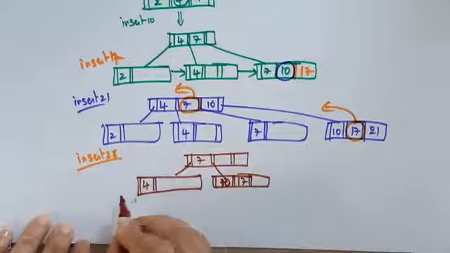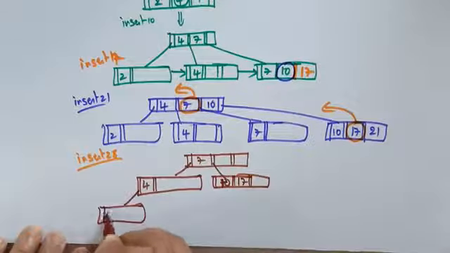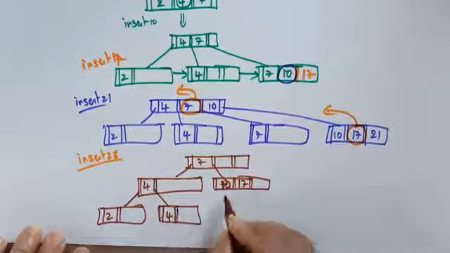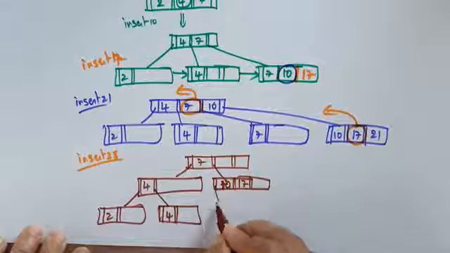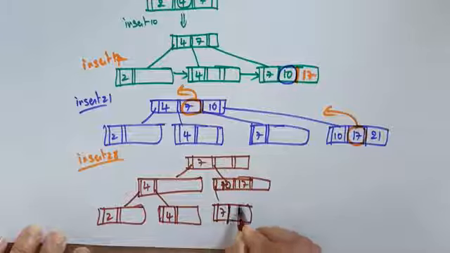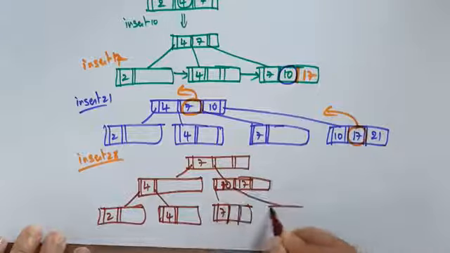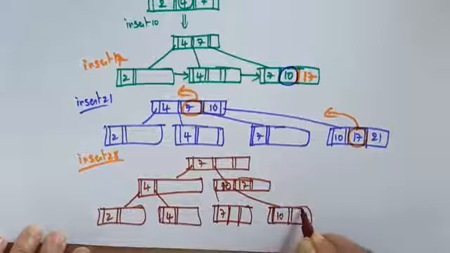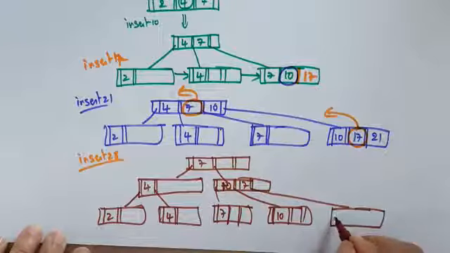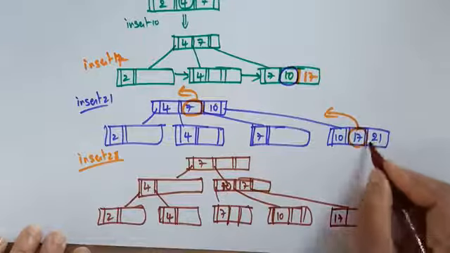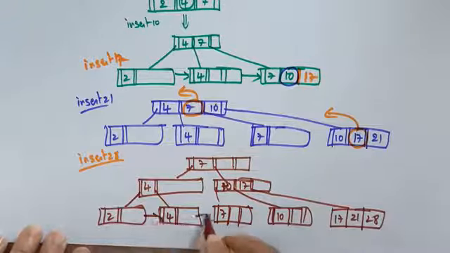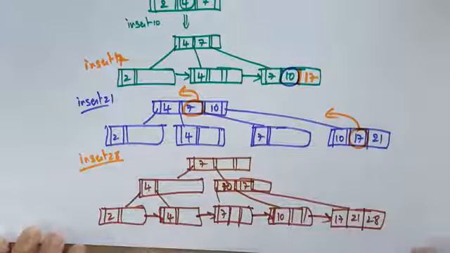Okay, so now the 4: left hand side is 2 and right hand side is 4. And here, left hand side is 7, right hand side is 10, 17. Right hand side is 17. Okay, 21 is already there. And next insert 28. All are connected to one another.